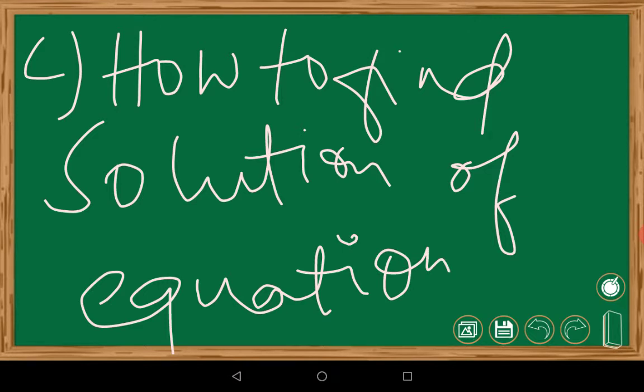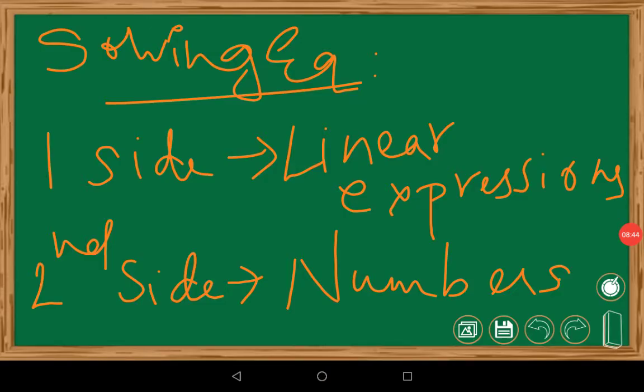We studied in the previous classes also. Now I'll give an example also. Okay, first I will read the sentence. We assume that two sides of the equation are balanced, then we perform some mathematical operations on both the sides of the equation so that the balance is not disturbed. So in such a way we have to do. That part we are going to discuss now. Solving equations which have a linear expression on one side and numbers on the other side. First main thing we have to discuss this. So first, we will study problems where one side has a linear expression and the other side has numbers.